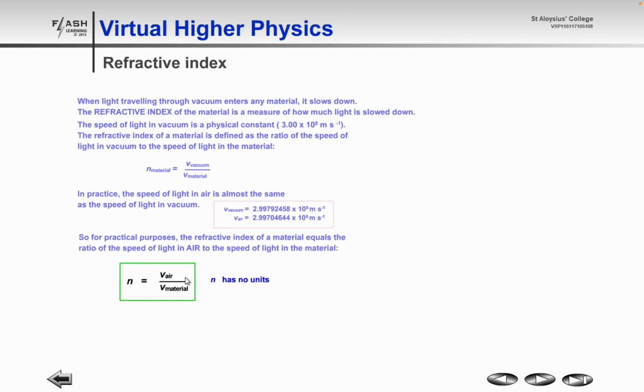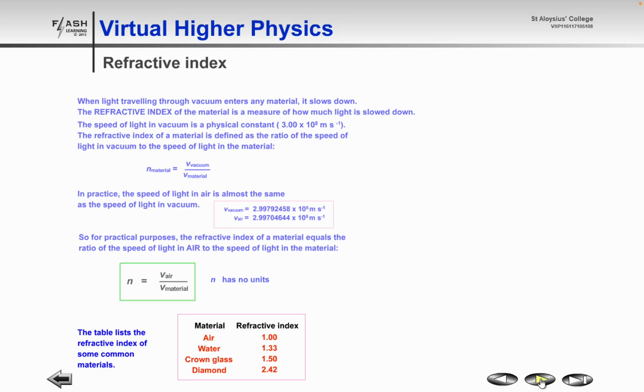In the formula sheet it's written as V1 divided by V2. And V1 is always air and V2 is a medium, so it doesn't matter whether you're going from air to the medium or medium to air. The formula is always written that way around. There's some common examples of refractive index